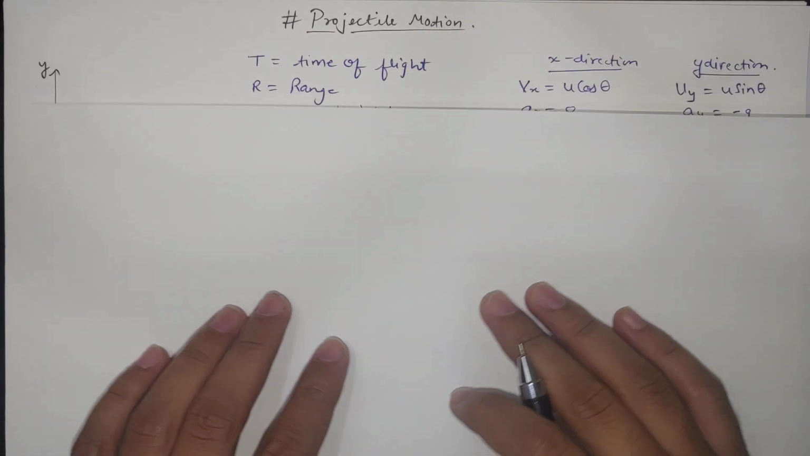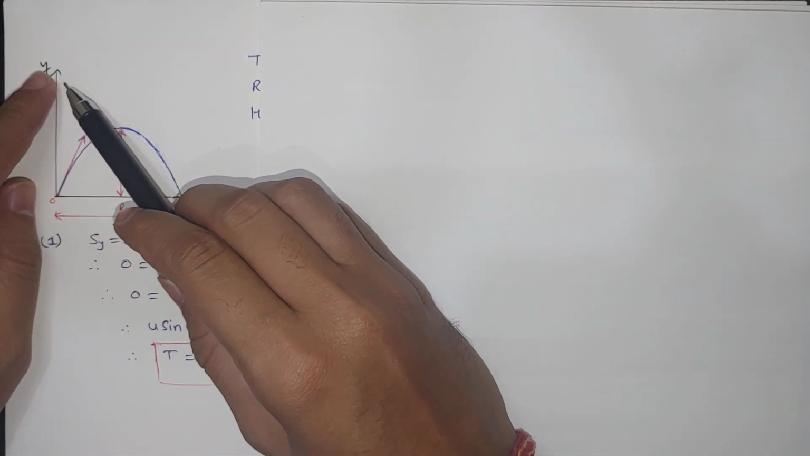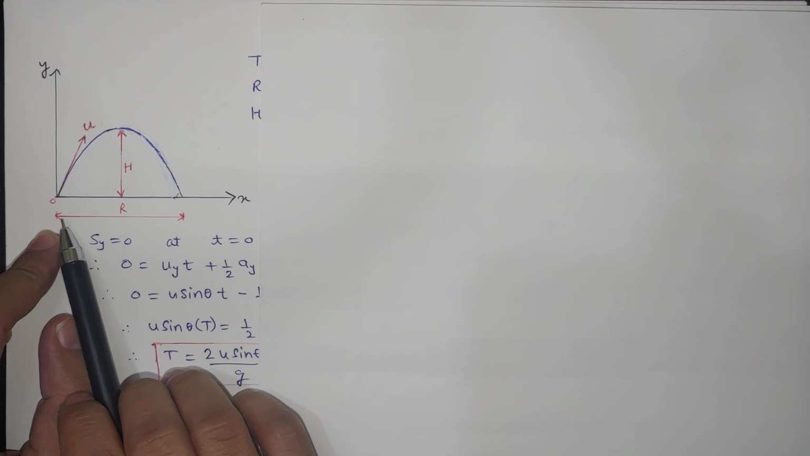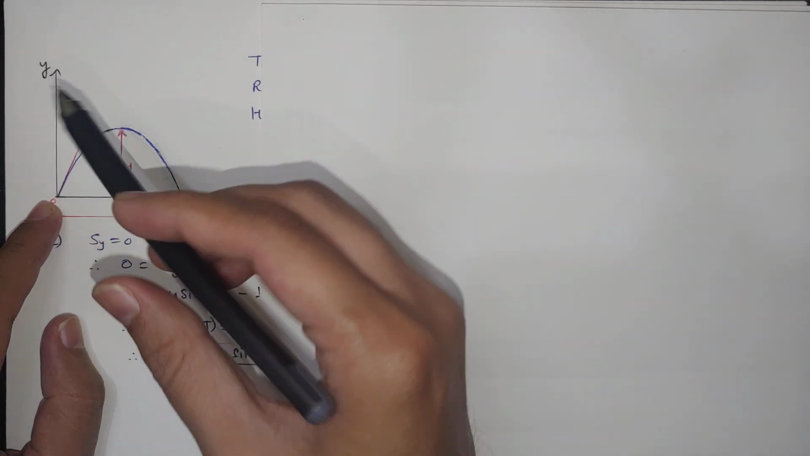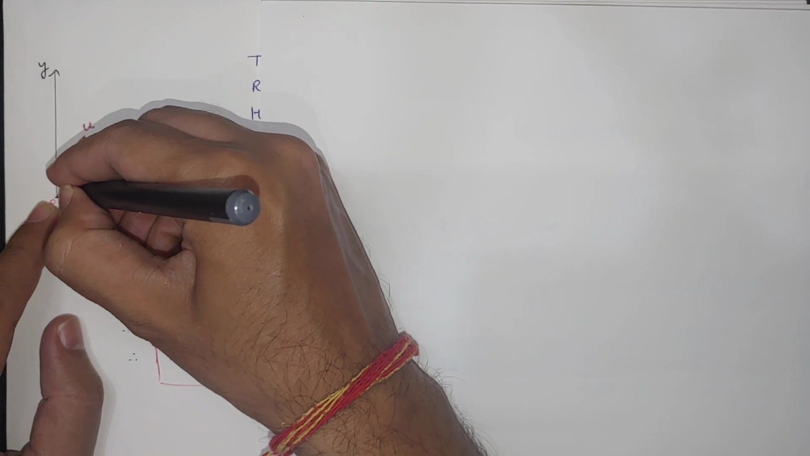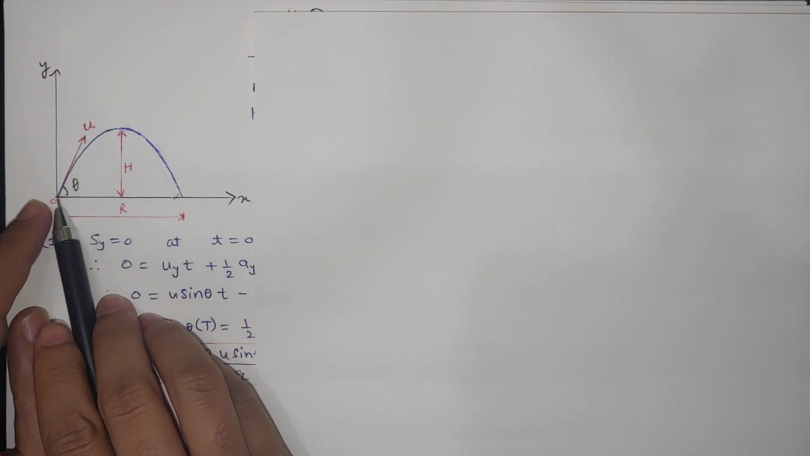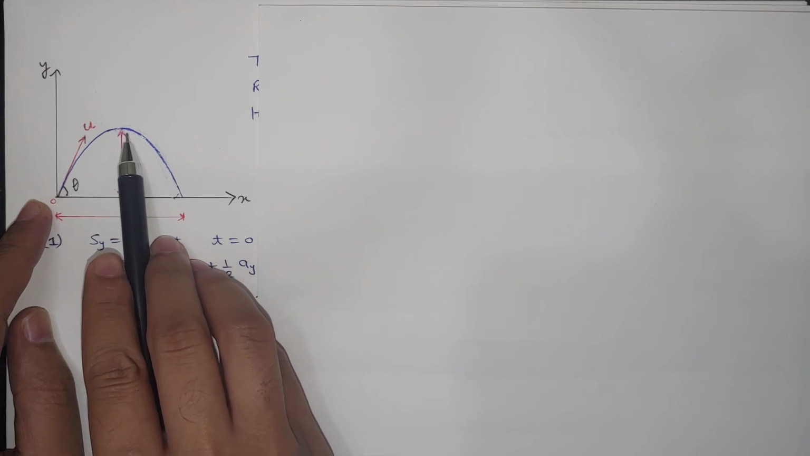In this video we will see projectile motion. So in projectile motion, we have a vertical y-axis and a horizontal x-axis. If we throw something with initial velocity u at an angle theta, it will travel till the highest point h and